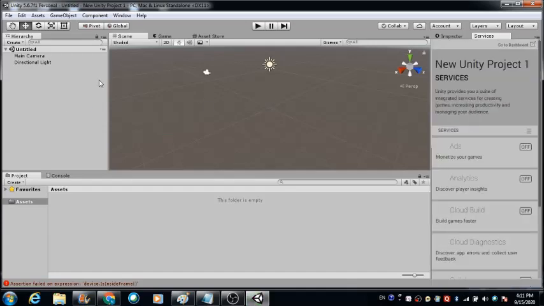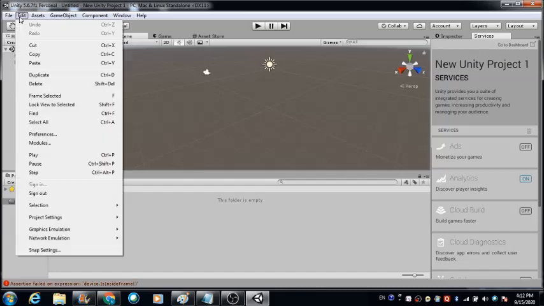Now we will discuss this later in the later sections, but right now our main focus is on how to create a connection between this Unity software and the Visual Studio Editor, right? So what you have to do is come to this Edit option on the top. When you click on this, a cascading menu like this will appear. Now here you need to click on this Preferences option.